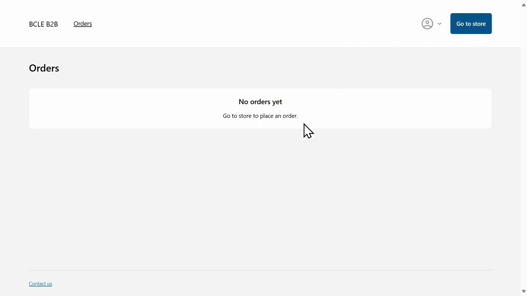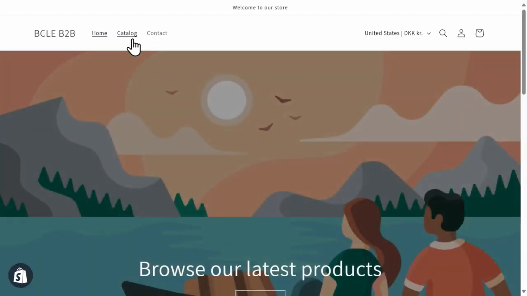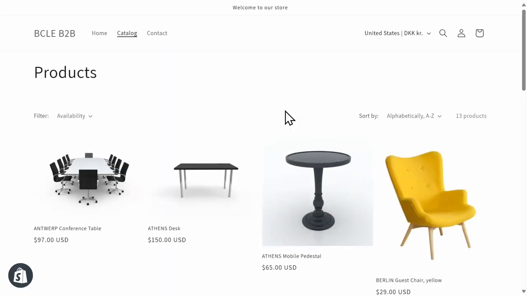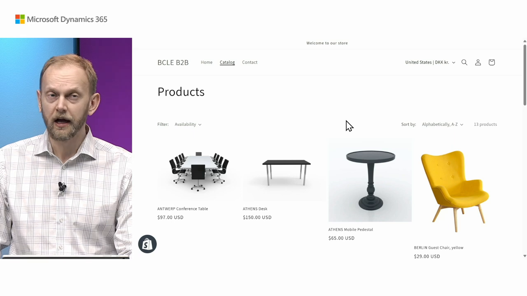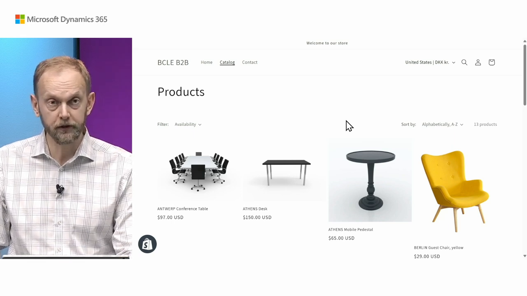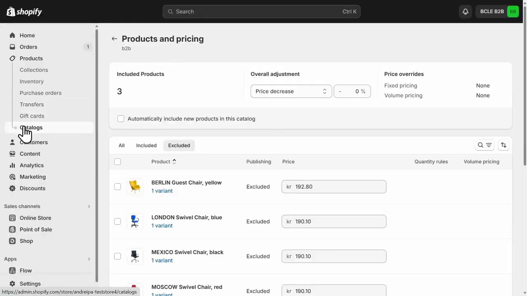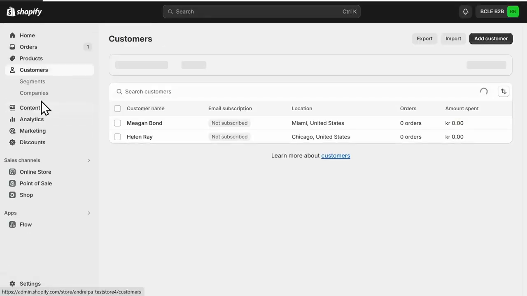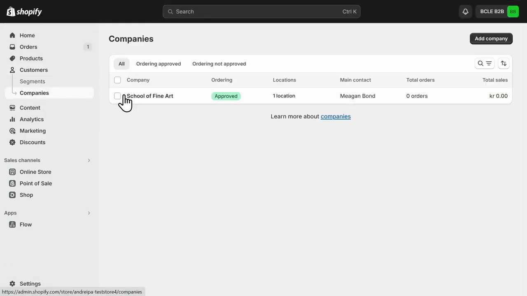Okay. What will be the difference? Surprisingly, no difference. Why so? Because this specific user and this specific catalog are not yet attached to the company. So let me go to the Shopify admin and show you how to replace the catalog and how to add an extra user. In the Shopify admin, I will go to the customers group, then I will go to the companies,